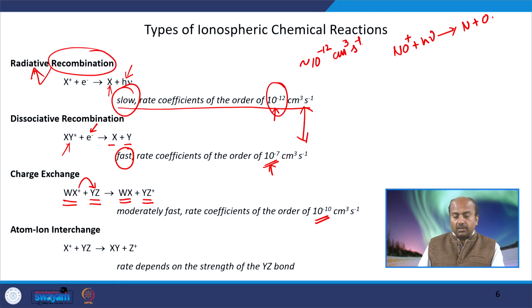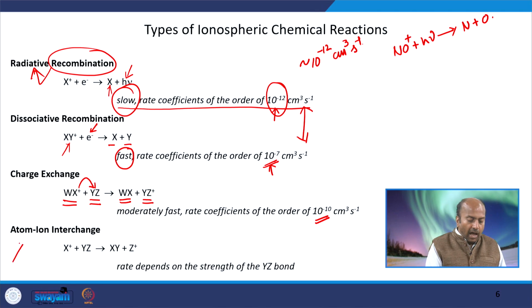So, various aspects, let us say the heights, the densities, the peak altitudes, these recombination rate coefficients, all these numbers are not only for just showing. So, they mean a lot. You may have to do some calculations based on these numbers, and it is very important for you to remember these numbers. Only then the understanding will be complete. Okay. So, charge exchange is this simple reaction in which charge is being exchanged from one molecule to another molecule,